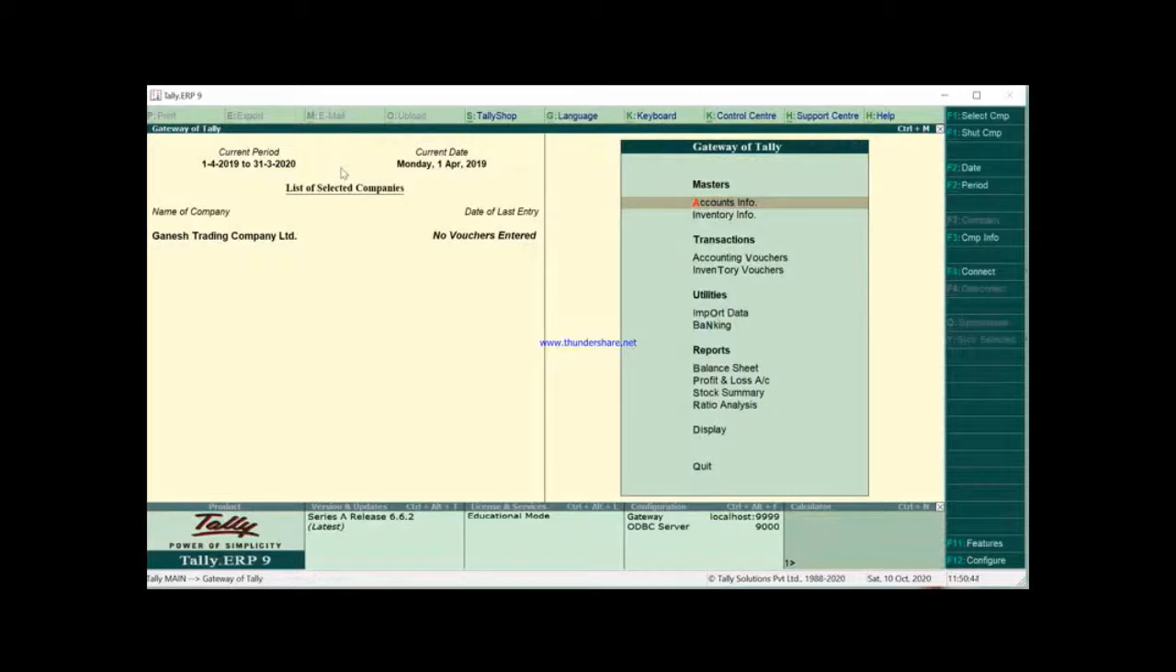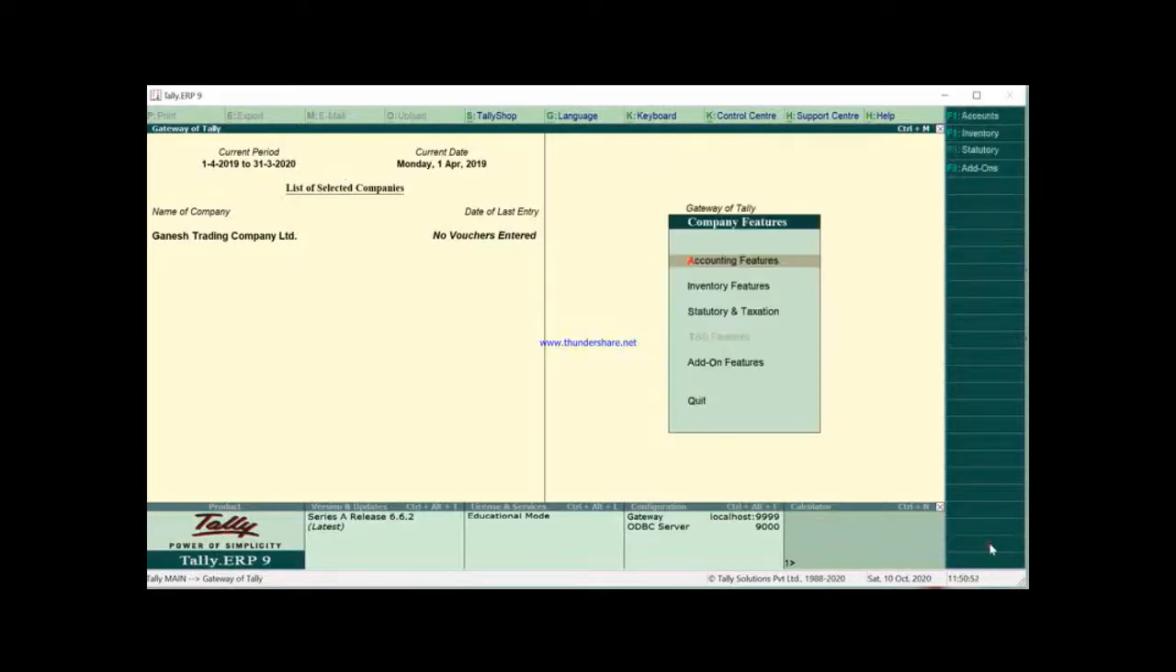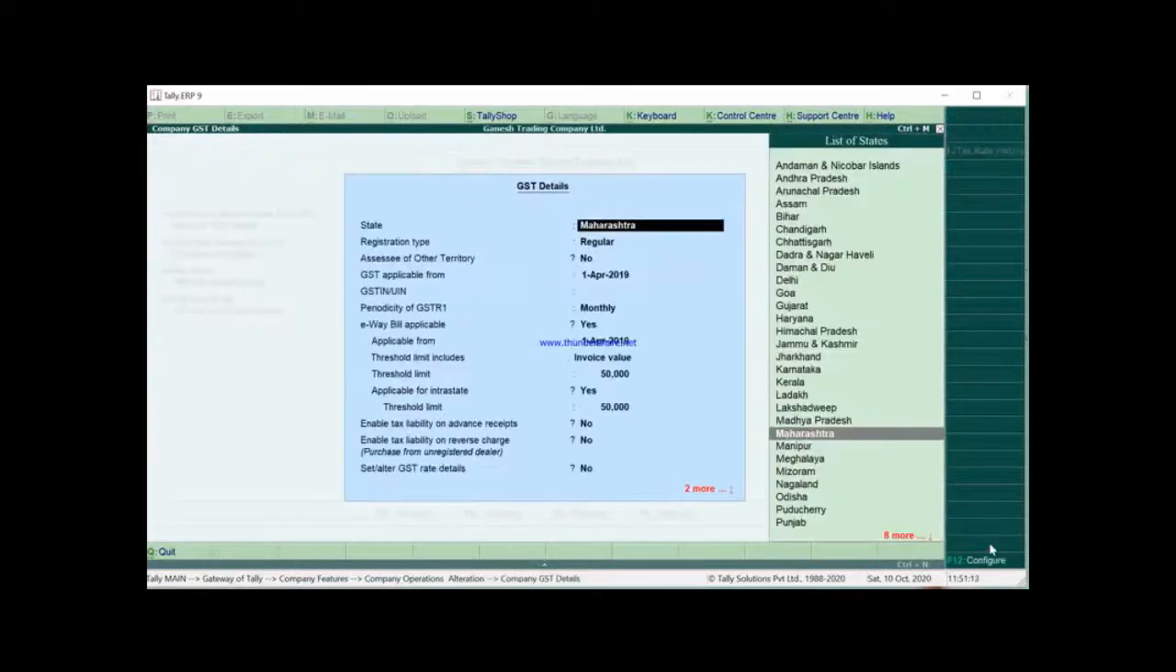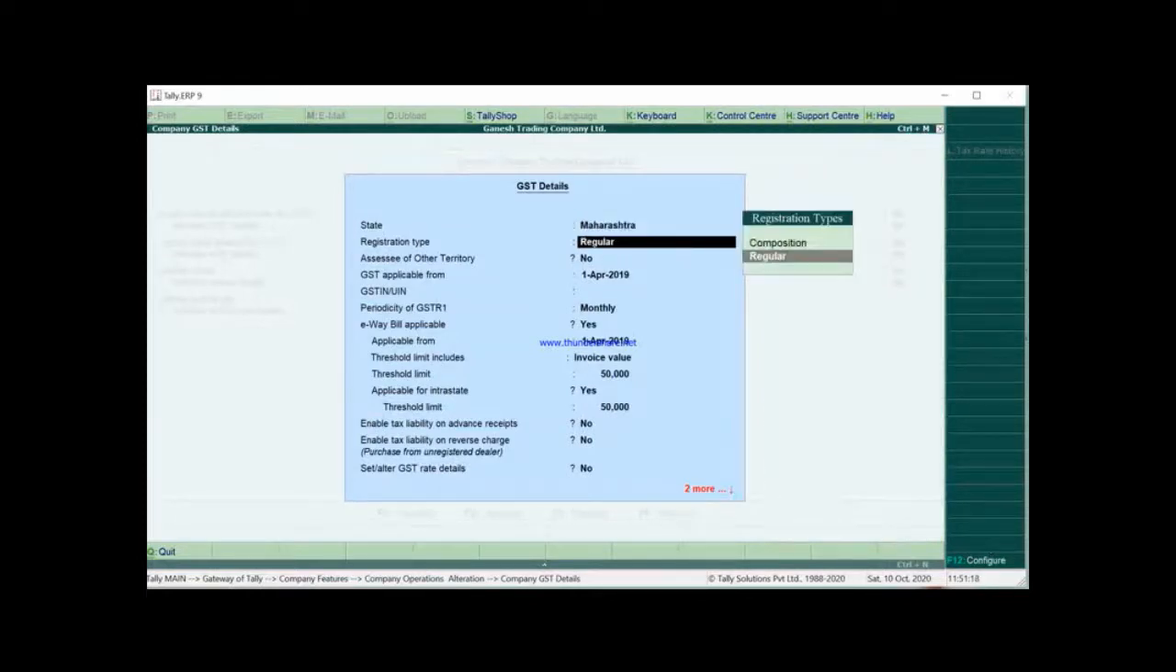Now the second step is to change the features of the company. To make changes in the features, you have to go to the F11 option, and in F11 the first feature is statutory and taxation. So just press enter. The first option is enable goods and services tax. Here you will make it yes. Set/alter GST details, again yes. Now when you press yes, it will ask you the state and registration type, regular. Here option set as no, 1st April, and the GSTN number is given as